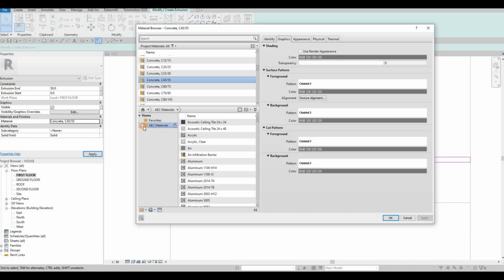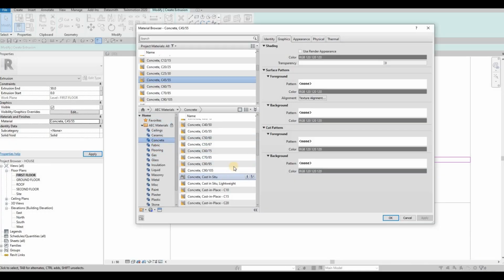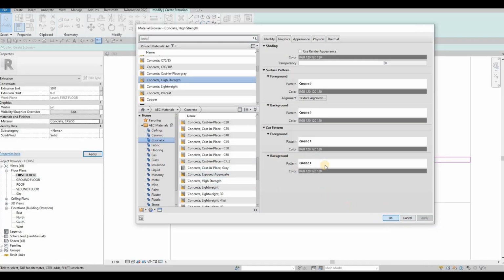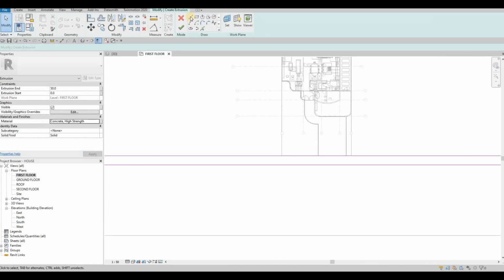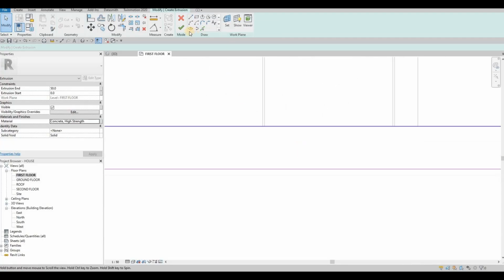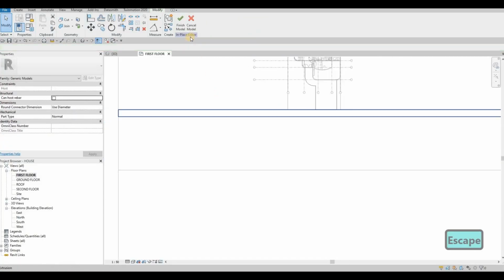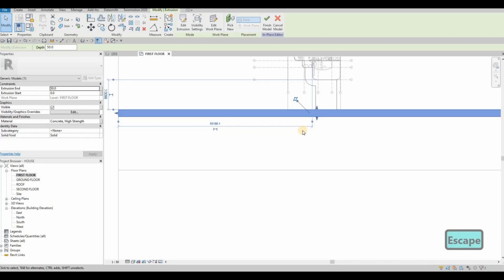And then let's change this to a different concrete material. Apply OK. And then after that, we need to press finish. Actually, I just remembered that we shouldn't do a model in place for our